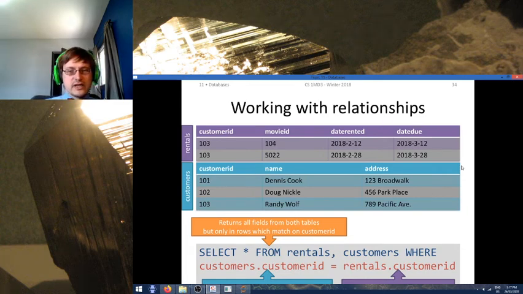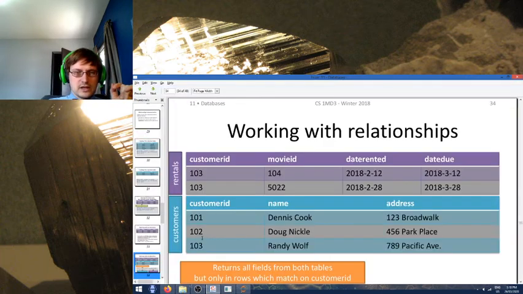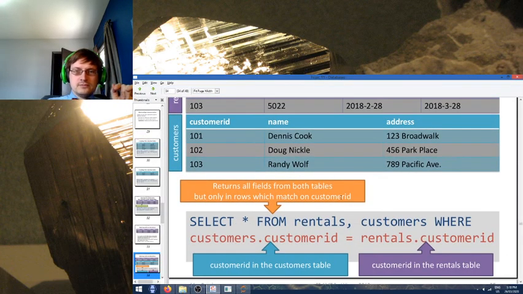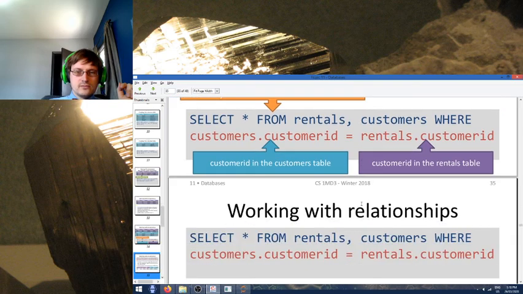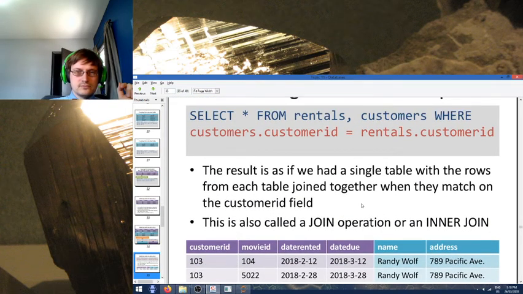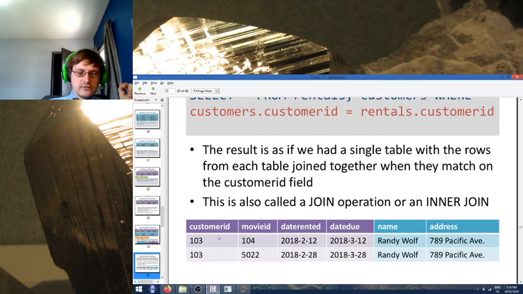What it essentially comes down to is this. We are creating a new constraint, and we are selecting from multiple tables. So, we select all from both rentals and customers, where customers.customerID is equal to rentals.customerID. What happens is that we get the following,